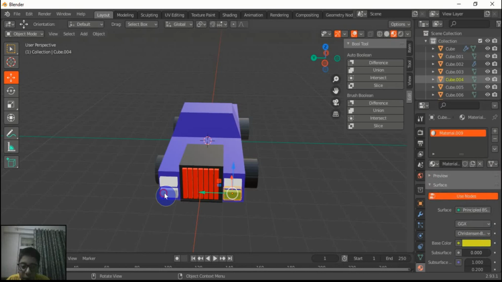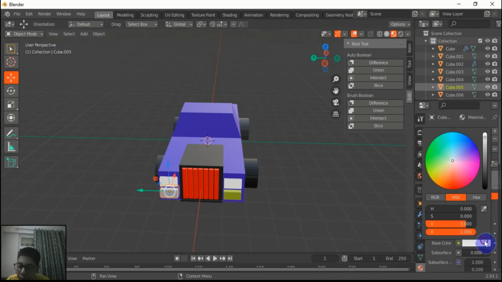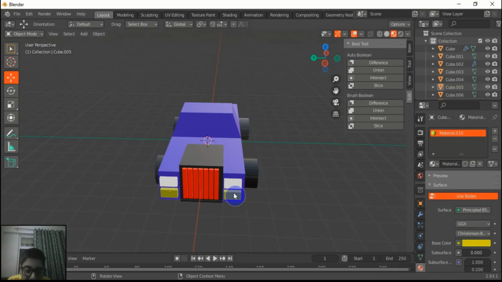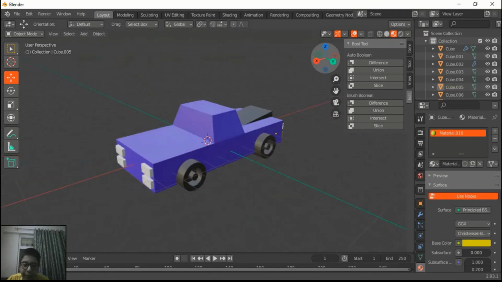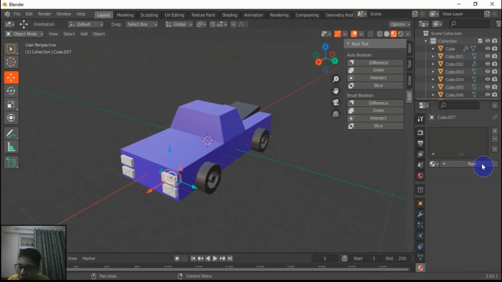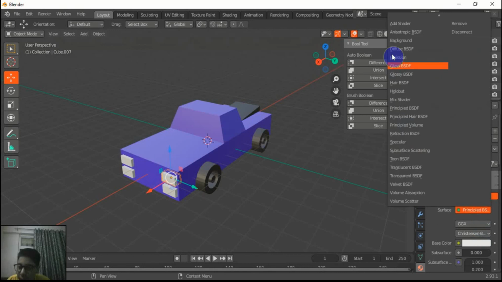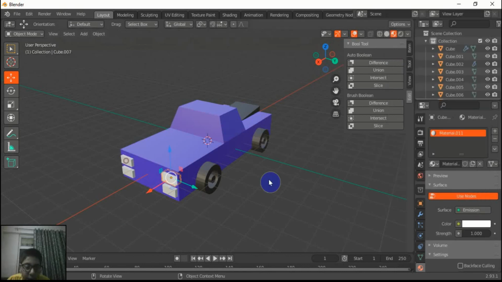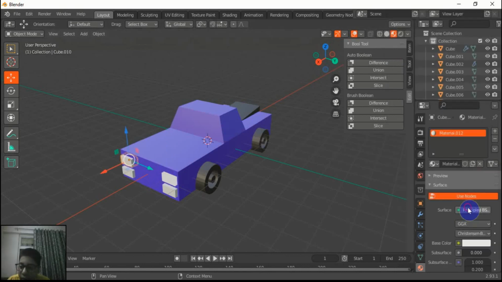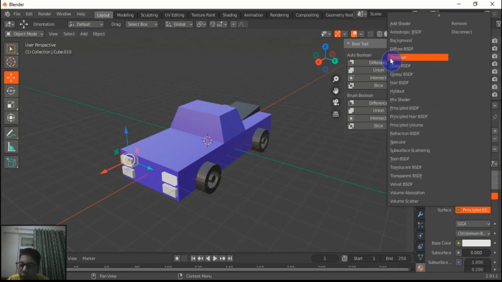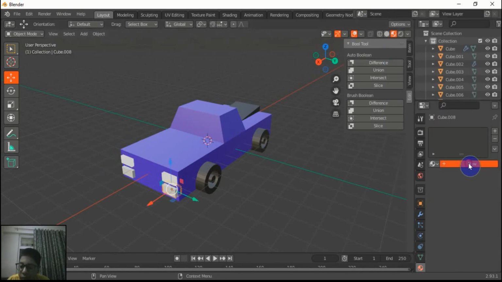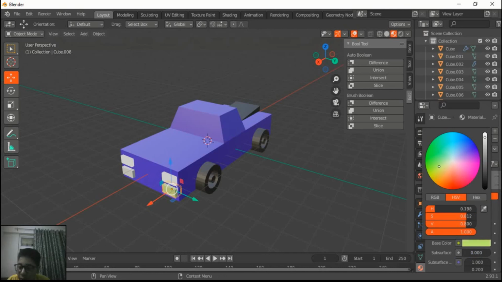I'm making it yellow. You can see which I have made yellow, it's a bit shining than this one. Now this also emission. Now base color I am making yellow.